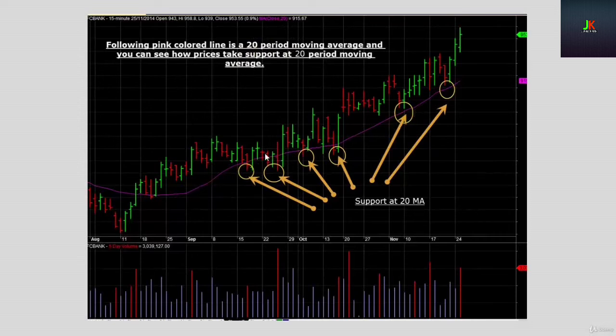Compare this pink colored line with the bars or price chart. You can see that in a lot of places prices have found support around these pink colored lines. Here you can see it went up, crossed the pink colored line, came down, found support at the pink colored line, went up, up, up, came down again, found support, went up, came down, found support, went up, came down, found support, up,